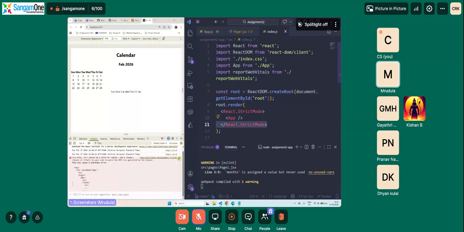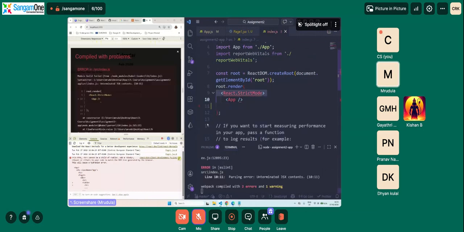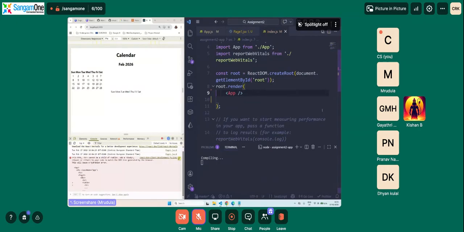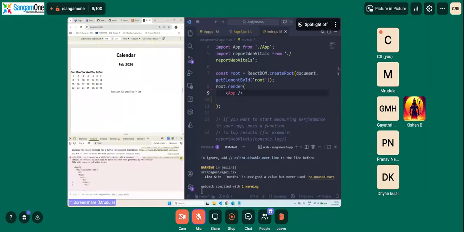If you just remove this, we only see it once, because since we have taken out the strict mode, the program is compiled and run only once, and hence we have only one entry.